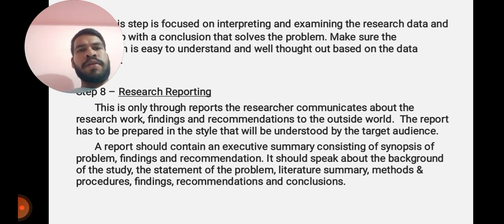Research reporting. It is only through reports that the researcher communicates the research work, findings and recommendations to the outside world. The report has to be prepared in a style that will be understood by the target audience. A report should contain an executive summary consisting of a synopsis of problem, findings and recommendations. It should speak about the background of the study, the statement of the problem, literature summary, methods and procedures, findings,